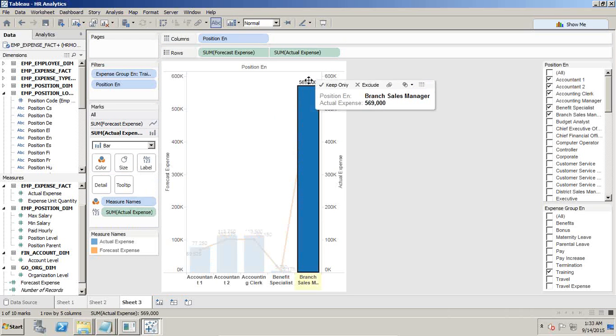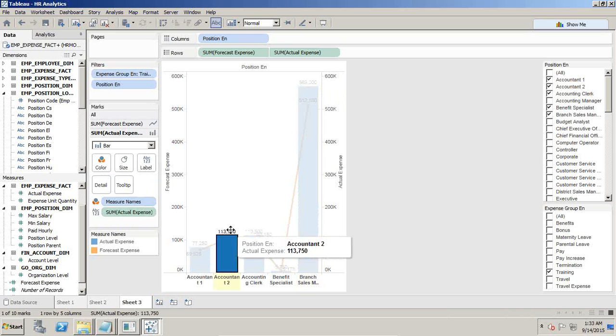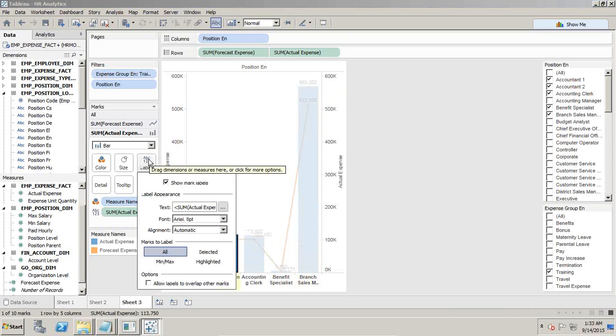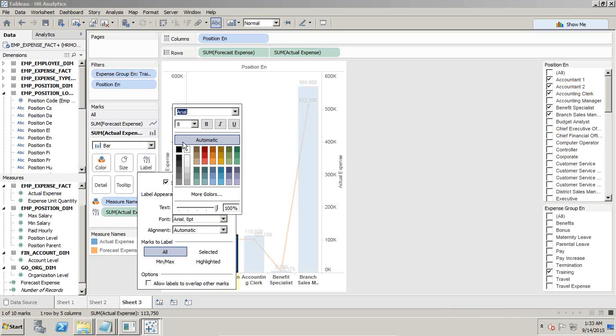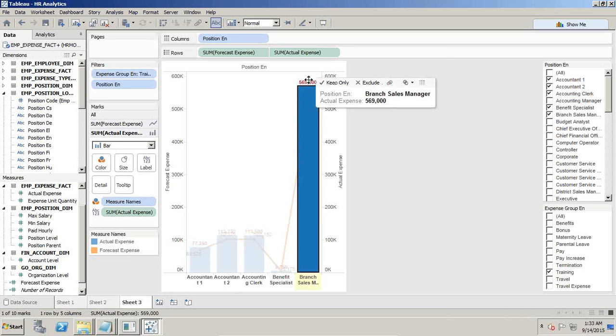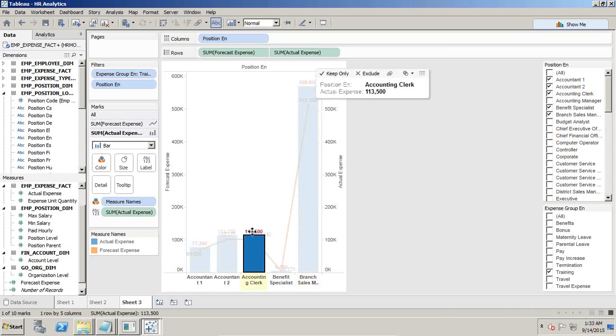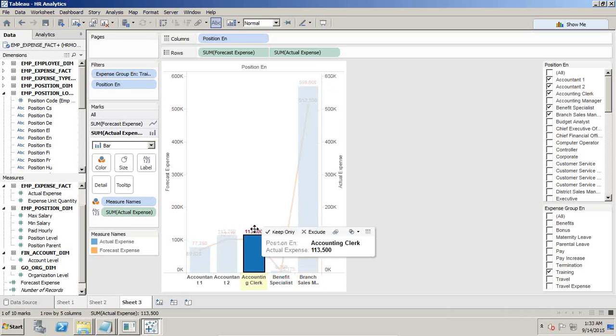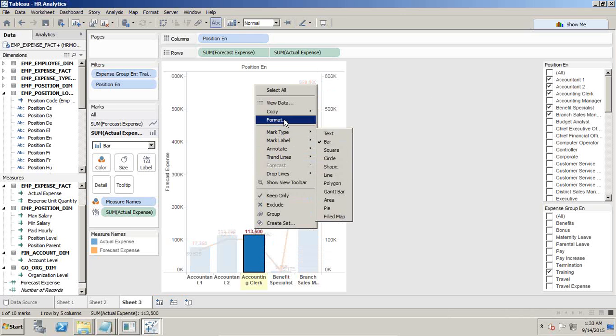You can click on the measures or label and define formatting. You can hide and show the label as well. In font, change the color, style, whatever you'd like to do, you can apply over here. In addition, I click on this and go to my measures and apply formatting.